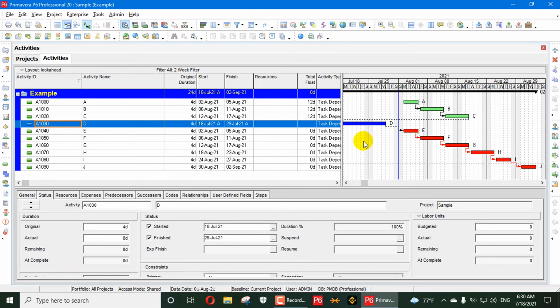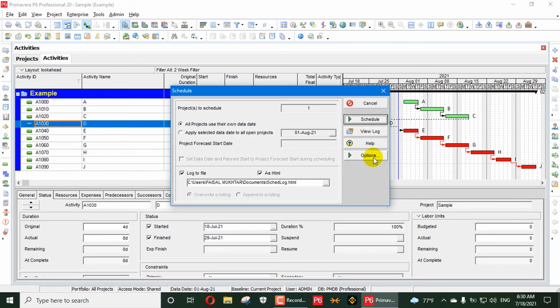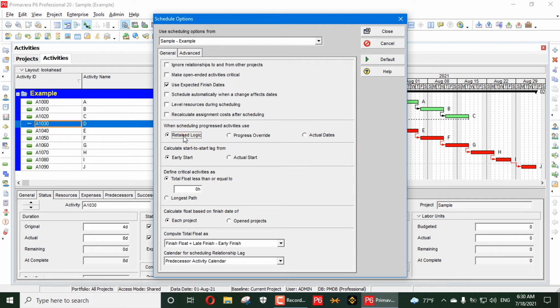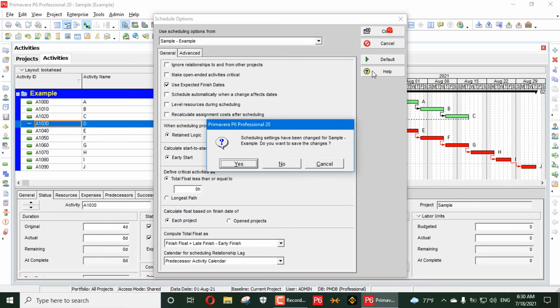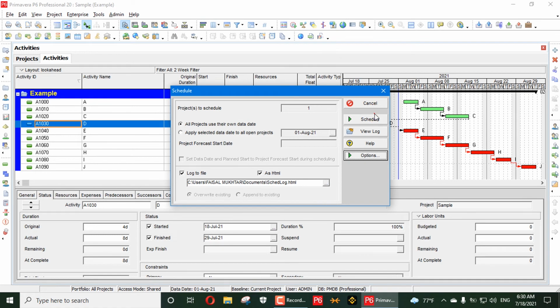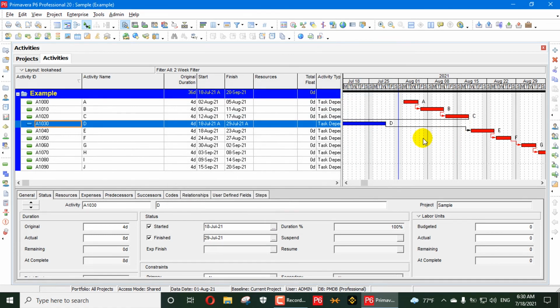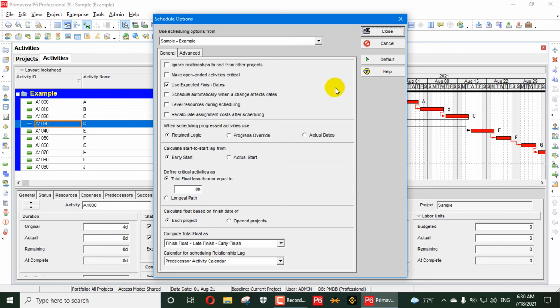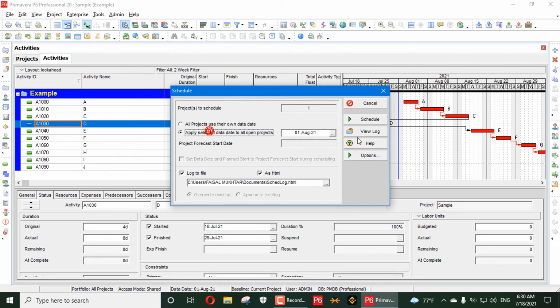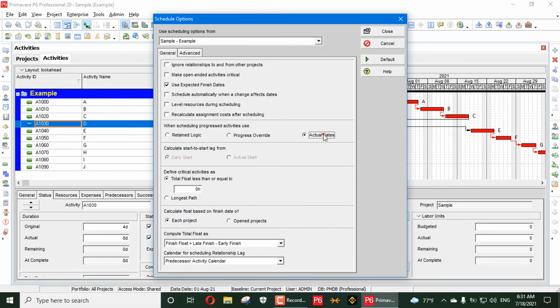So we will see the third option. That's not much used, but we will also show it. Retained logic is retained here. Now the third option is actual dates. Actual dates is like progress override, but it is a completely manual process.